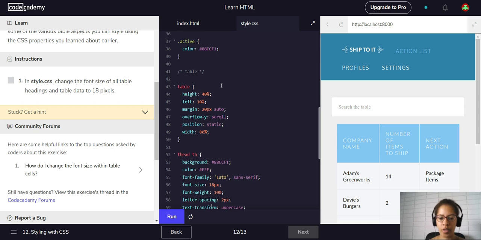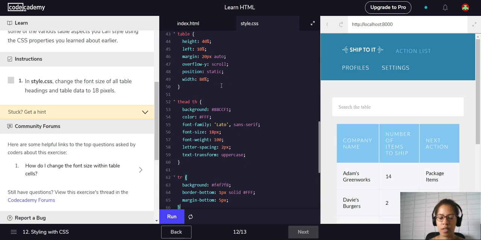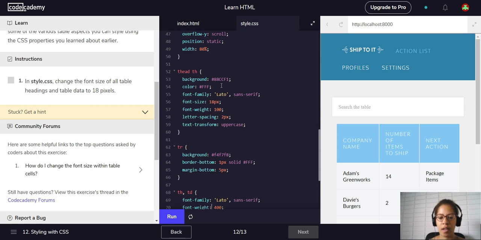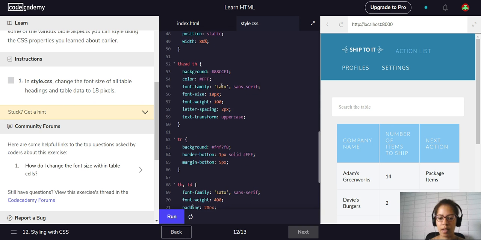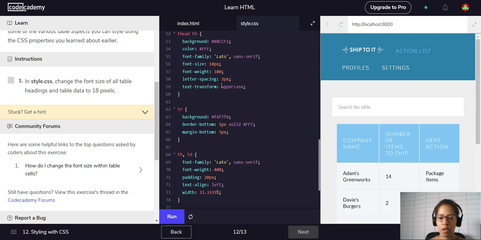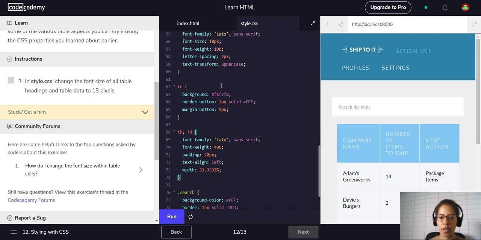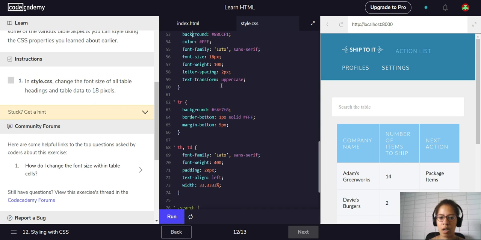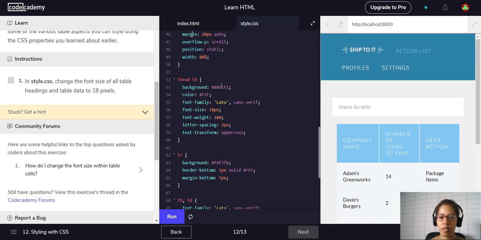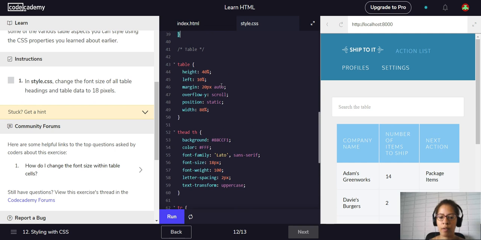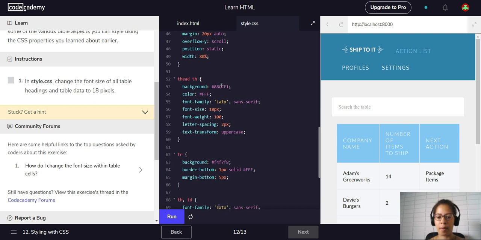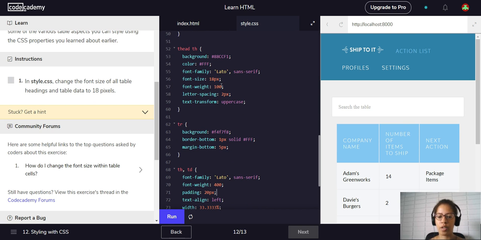And we're going to look for the TD element as well. There's the T row, we don't want that. Here we go. T head, TD, and here. Interesting. Okay, so there isn't a font size element in there, like up here. That is not happening in this one, but we need to change this one too, so we're going to